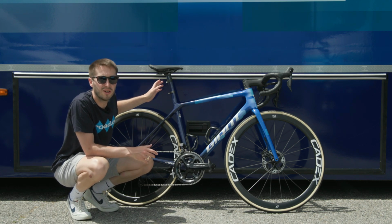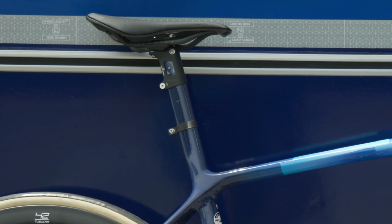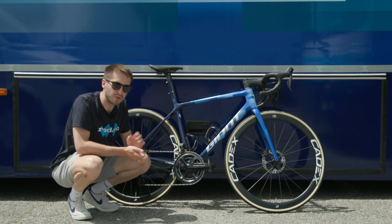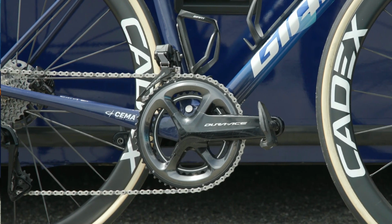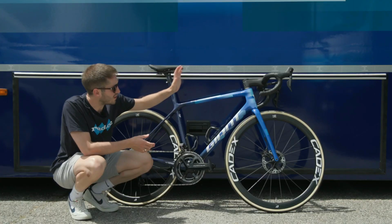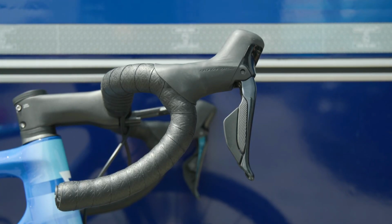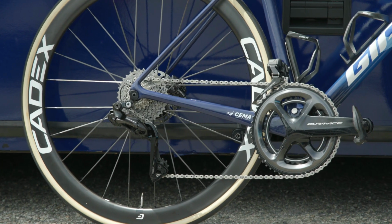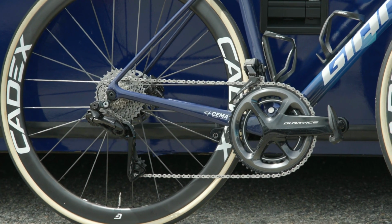You've got to measure three times and cut once, because once it's cut, if you cut it too short, there's not much room to go back up. Bike Exchange run Shimano Dura-Ace on their bikes, and this is, despite the crankset being the old 11-speed model, the 12-speed groupset. So we've got the 12-speed shifters, the brakes that match, we've got the front and rear derailleurs, and then we've got 12 speeds on the rear,